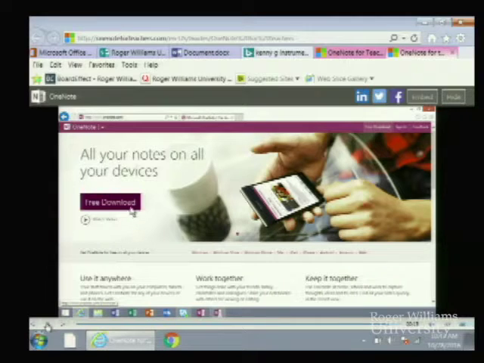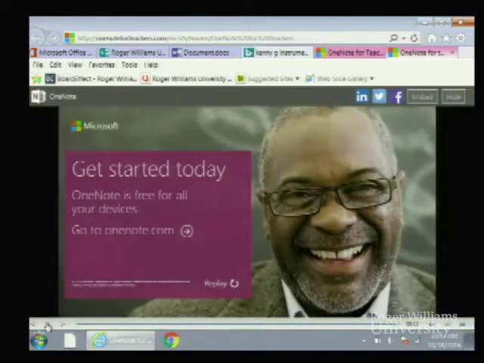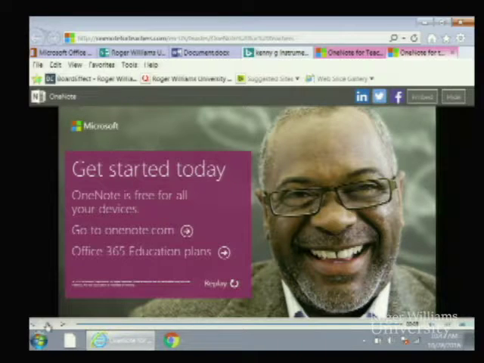It begins with a free download for all your devices. To download the free version of OneNote, get started at OneNote.com. For more features,